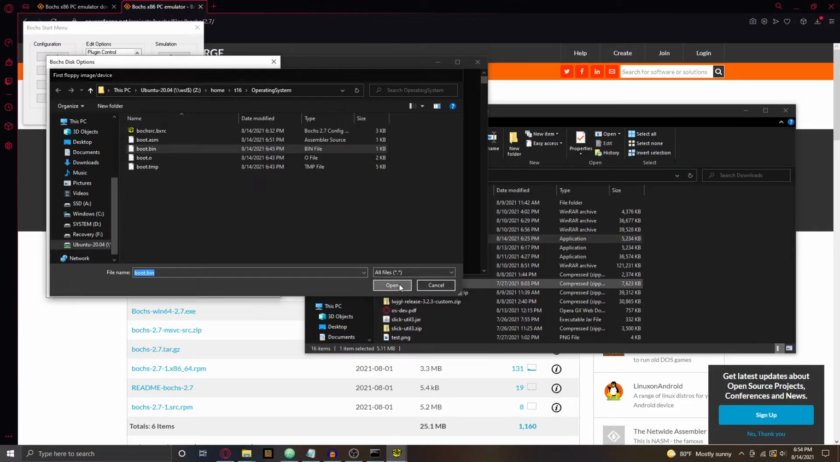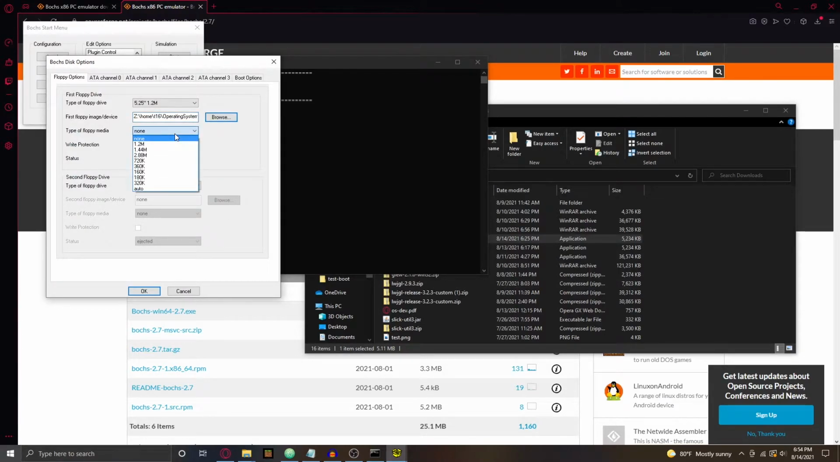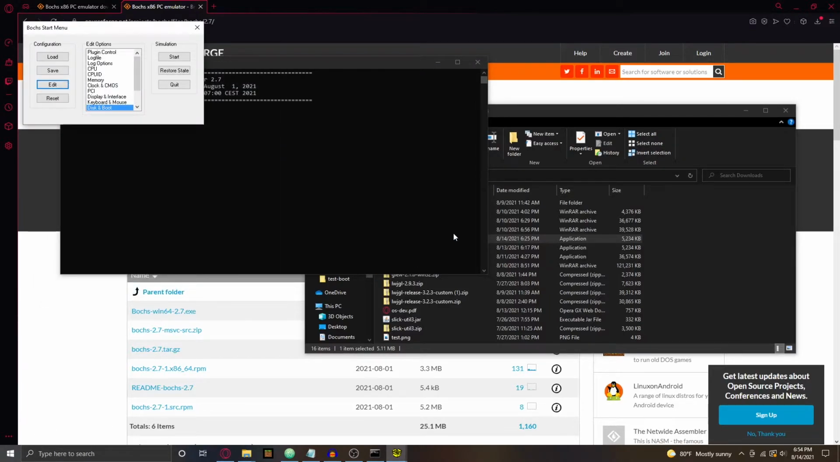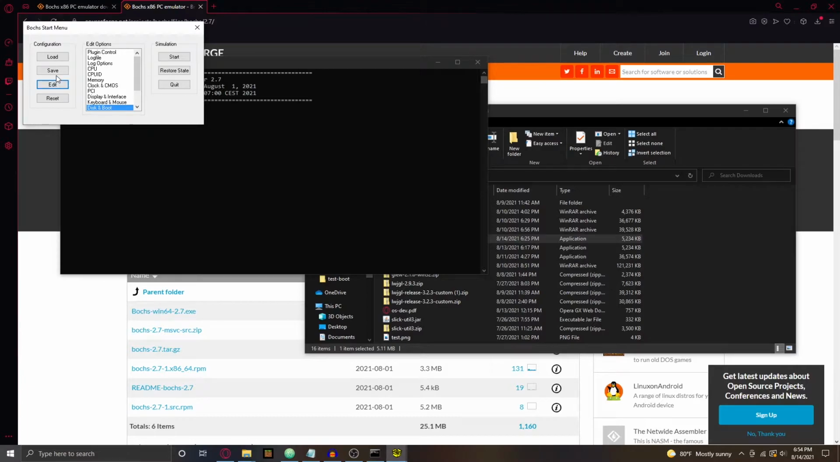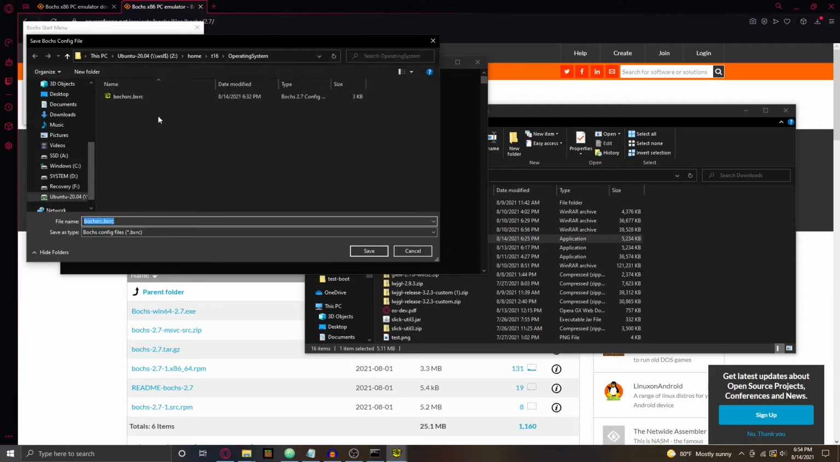It's very important. And then what you're going to do is type floppy media. You're just going to click 1.2, and these have to match. And then you're just going to go down here and click inserted. Now, to make this entire process easier, what you can do is click save, and you can just